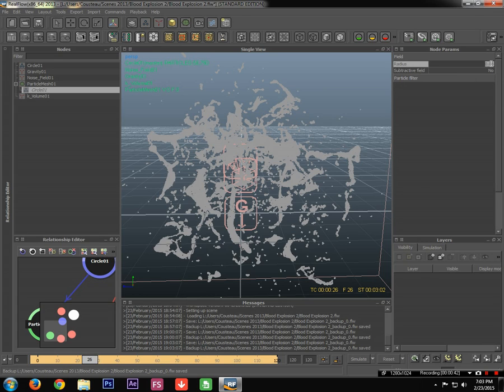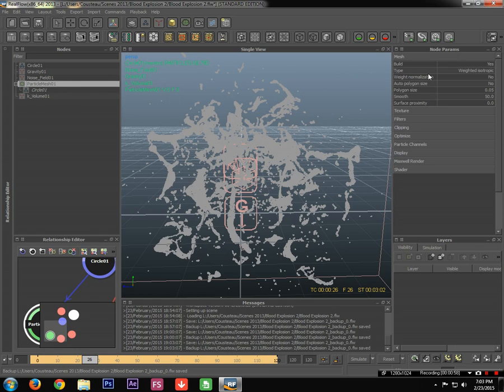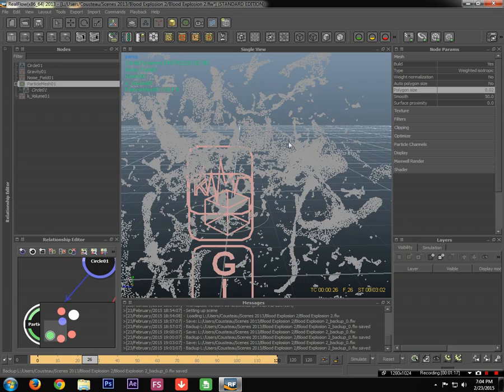But then at the radius, I'm going to say 1.5 or 2. For now, I guess I'll put it at 1.5. See how it looks. And then for the particle mesh, now this is very important. For the polygon size, you're really going to want to scale this down to 0.02 instead of 0.05. So what this does basically is it's going to add more detail, because the bigger the